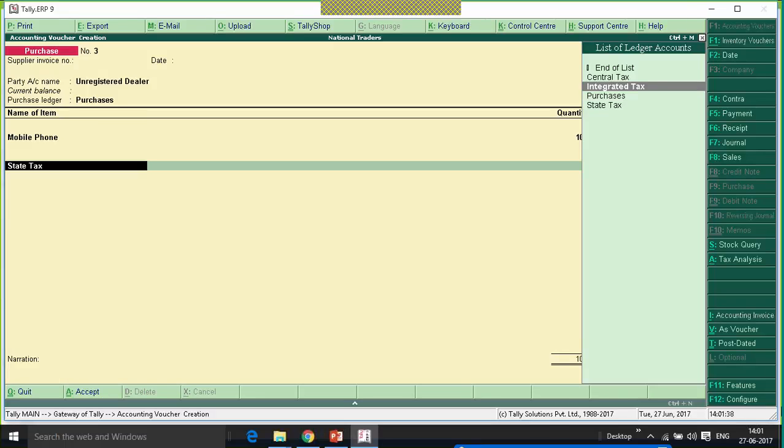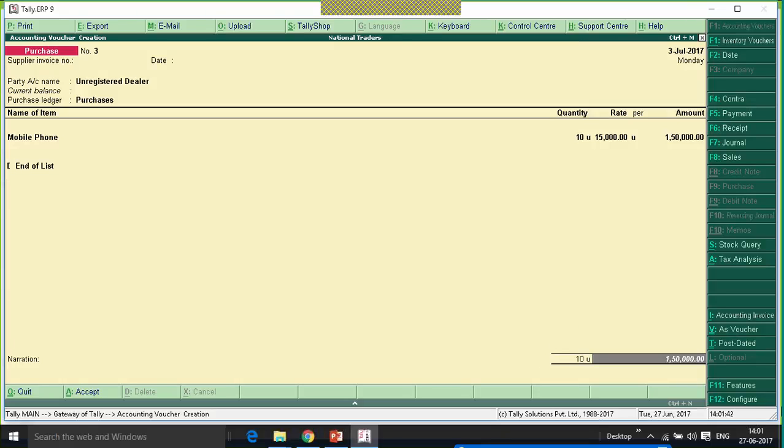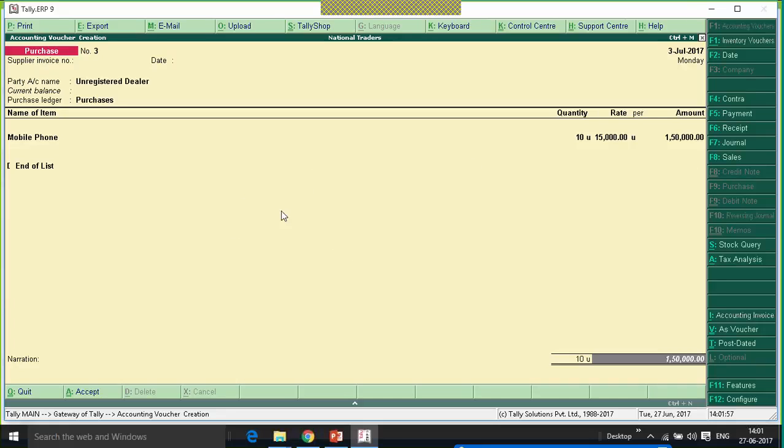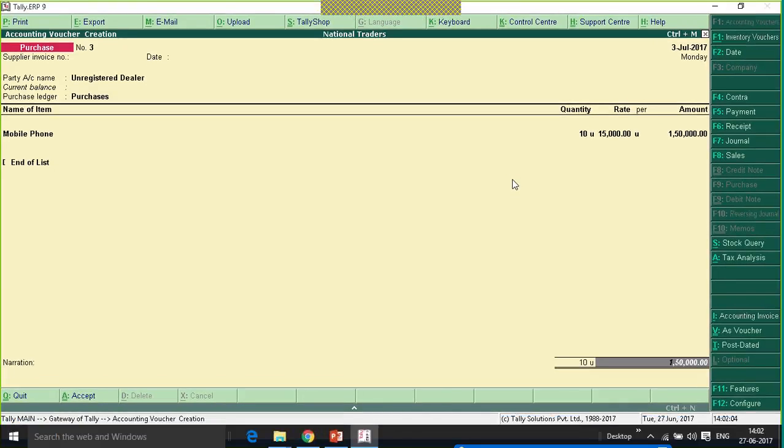So I should not select any tax ledger and I should accept the voucher. But even though I am not selecting the tax ledger, the tax will get calculated since it is a taxable supply. We are not showing the tax ledgers or tax values on the face of the voucher, and the tax will get calculated at the back end.